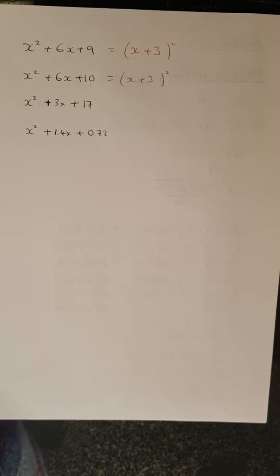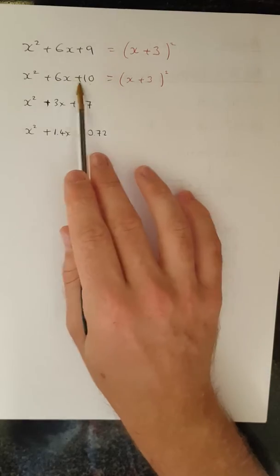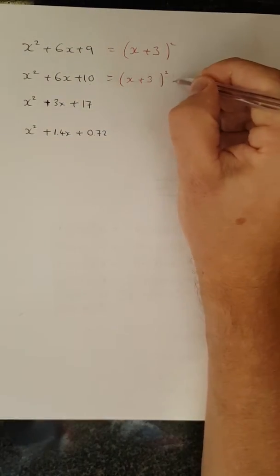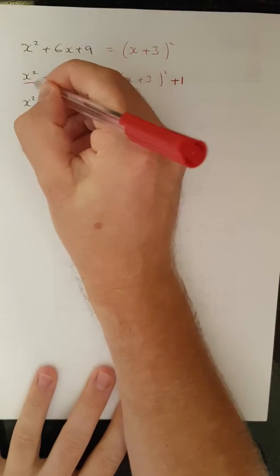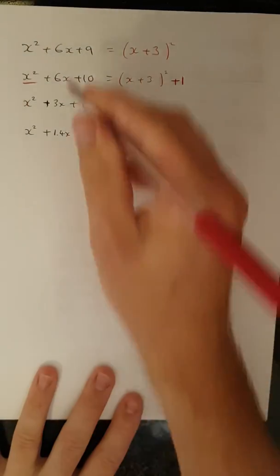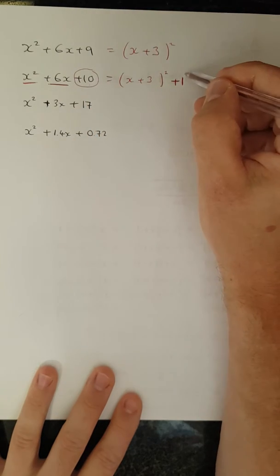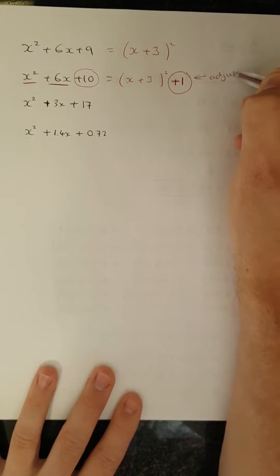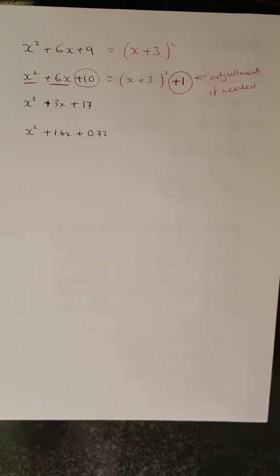So, we want 9, but we've got 10. I can't put a minus 1 in here, because that would give me plus 2, which won't give me these. What I've got to do is put a plus 1 on the end. So the bracket definitely makes this term, and it definitely makes this term, and then we look at the last term and we place some kind of adjustment on the end if needed. Okay, so next up,